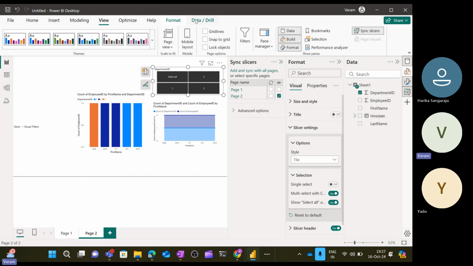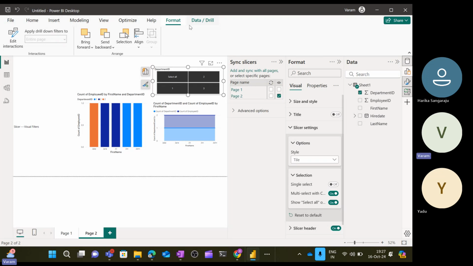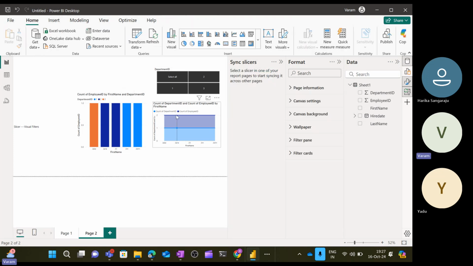If you click on this, and go to the format, there is an option called edit interactions. Remember this. This is the edit interactions. If you click on edit interactions, this is the option, filter block. Remember, guys, filter block. It means that it will filter the visual and it will block it. If I block it, and if I select one,